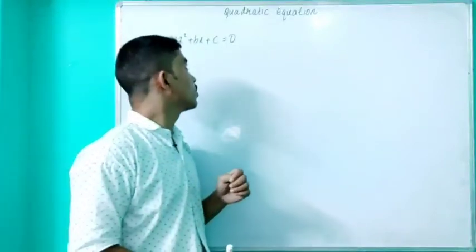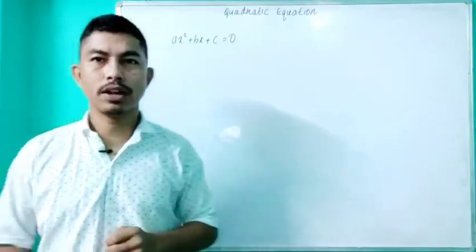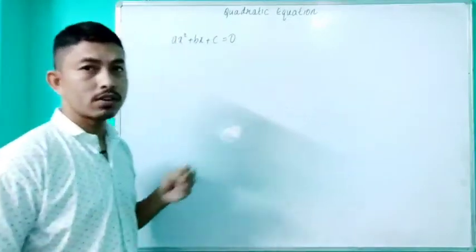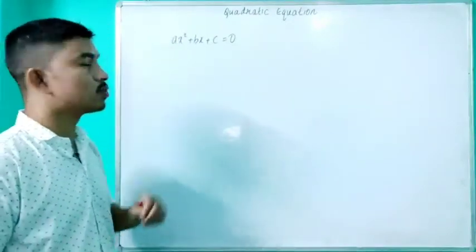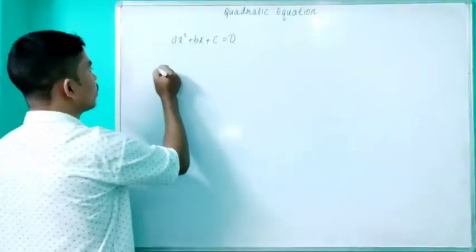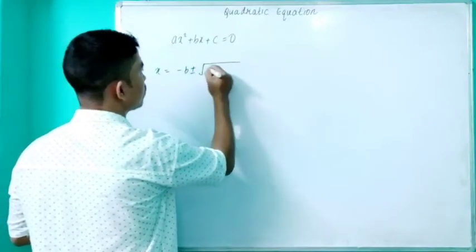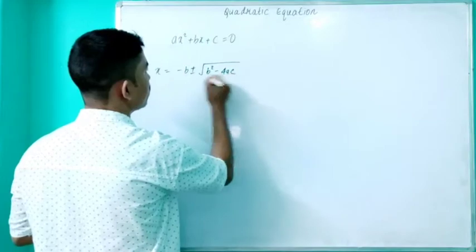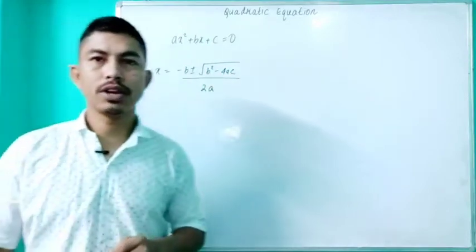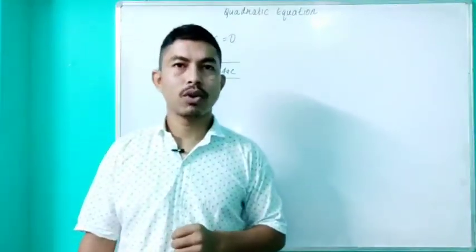There are many equations which do not seem of this form, but they are reducible to this form, and hence we can find the solution of such equations. So we'll do three kinds of equation that can be reduced to this category, and then we'll try to solve them. Okay, we also know that the value of x can be calculated by the formula minus b plus minus under root of b square minus 4ac divided by 2a. Okay, so let us see the three kinds of equation which are reducible to the standard quadratic equation.